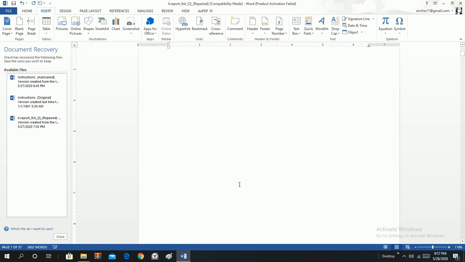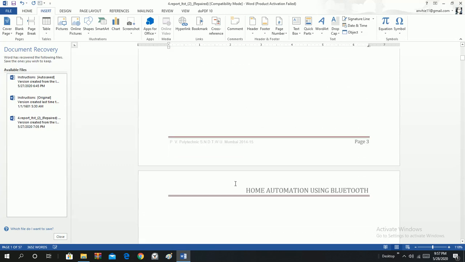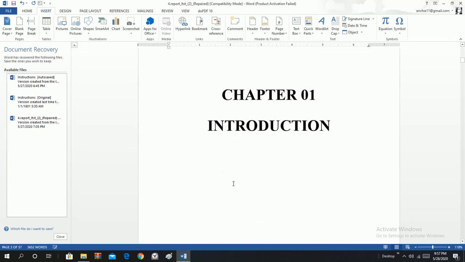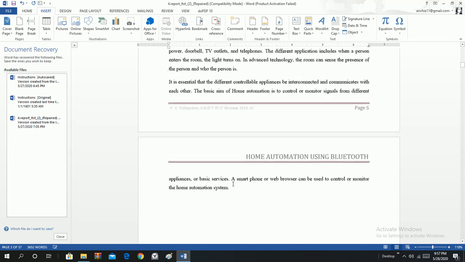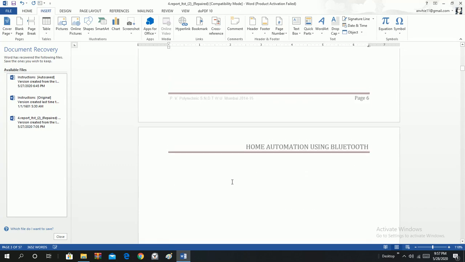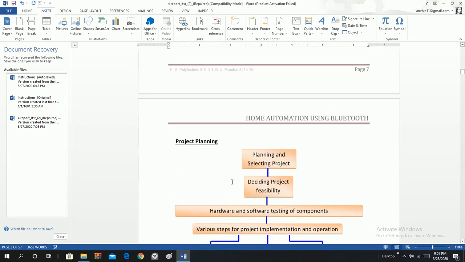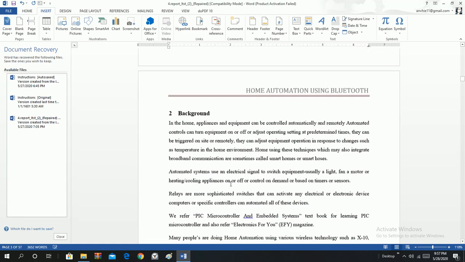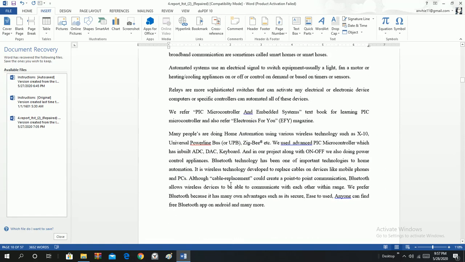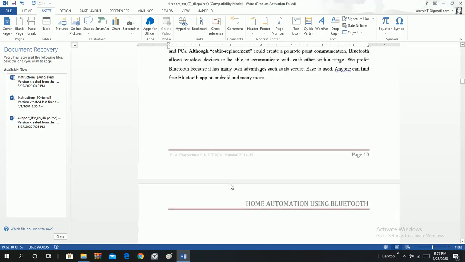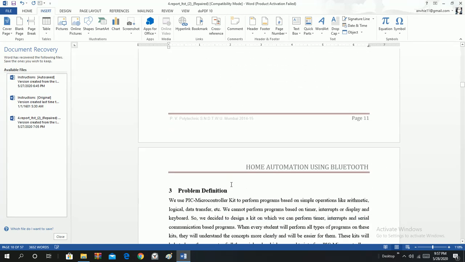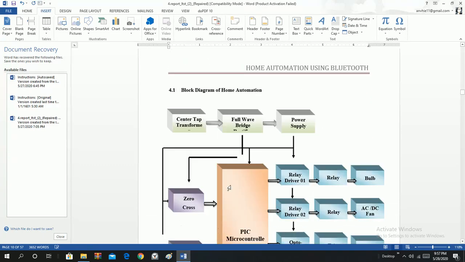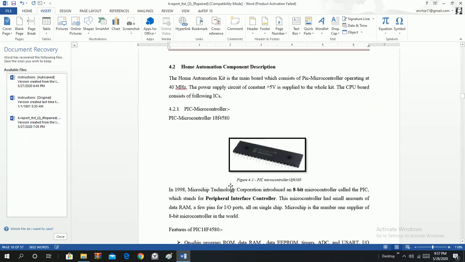The only thing is, once you want to make a PDF file of your report, before making the PDF file you should modify these tables. If you modify the tables, then there will not be any mistakes. Generally, matching a figure and the page number is always a difficult task in project report writing. So generally, there are very few tables.